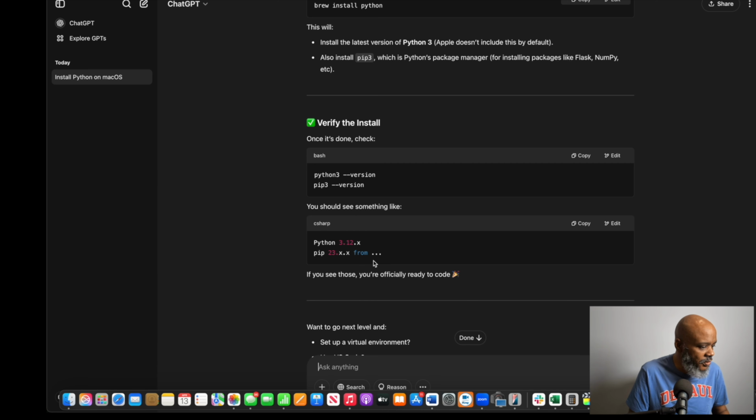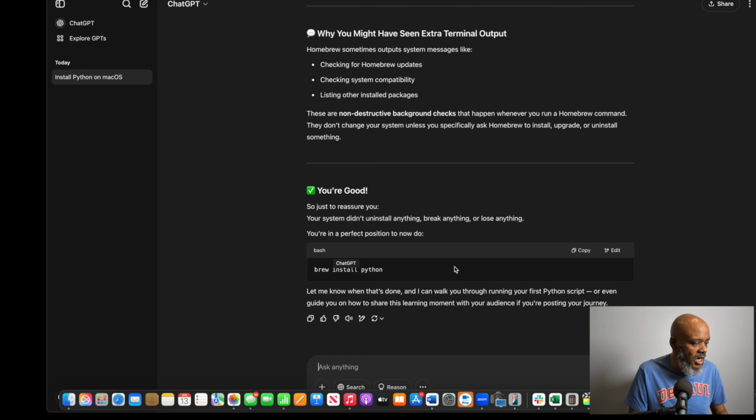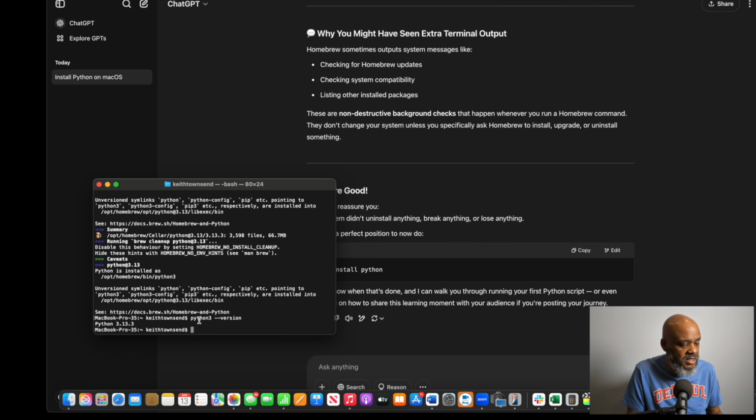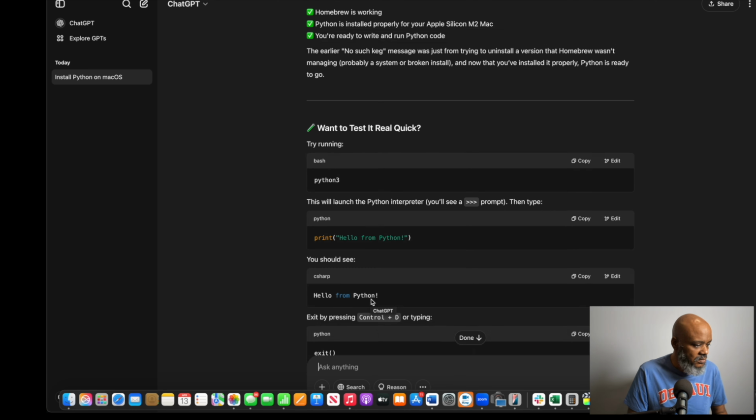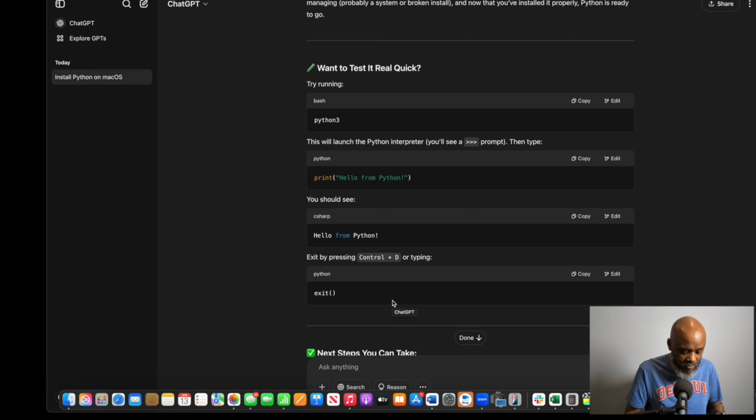All right, we are on 3.13.3, which doesn't quite match what this prompt says. It's probably newer than what ChatGPT has in its trained data set, but let's ask just in case. We're going to trust but verify. So Python is successfully installed, but this was a perfect example of how this course isn't going to be like